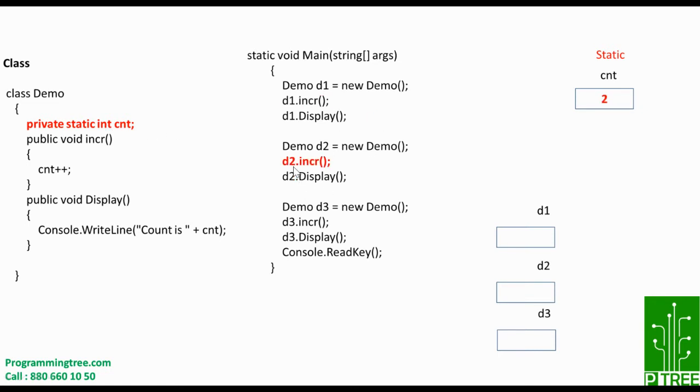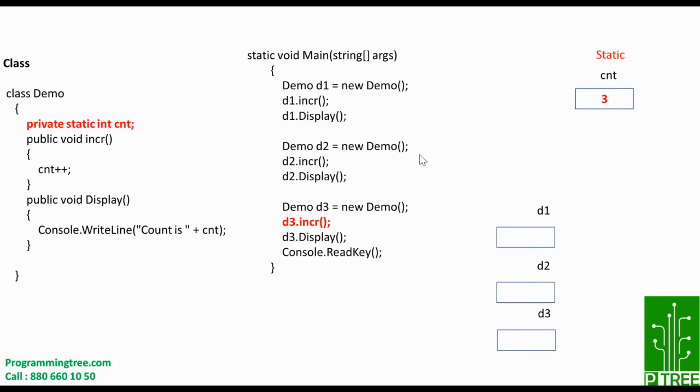After that, when you call d2.increment, it will again use the same static variable counter, and the value of that static variable will grow by 1, so that becomes 2. When d3.increment gets called, the same counter variable will be incremented by 1. So it means that the static variable value is common across the different instances of your class, and it is a class related member. So if you want to maintain something only relevant to that class, which is not instance specific, then you can maintain it within the static variable.